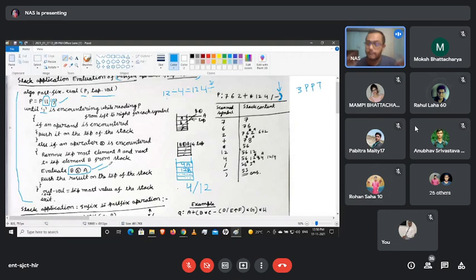Yes, sir. Okay. Keep that in mind. Whenever you are encountering operands one by one and then you encounter an operator, first you pop out the topmost element from there, and then you pop out the next topmost element, the other operand. When applying the operator, the positions switch: the first element popped out appears on the rightmost side, the second element popped out appears on the leftmost side, and the operator comes in the middle. Clear?